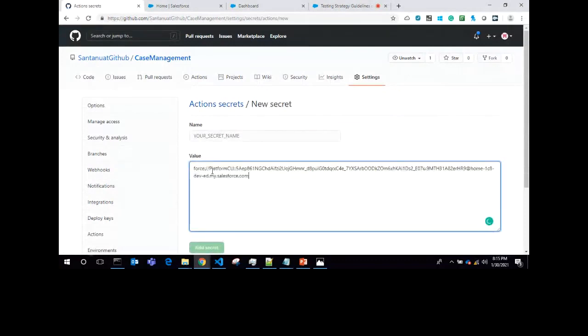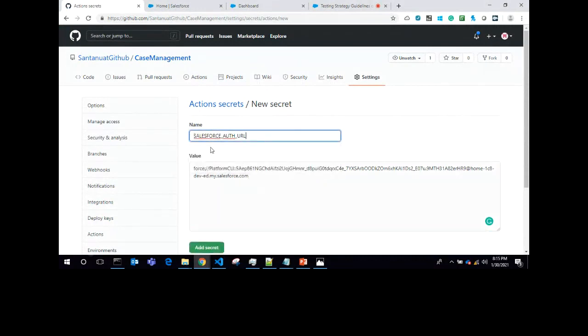Now I paste this value here, the sfdx auth URL. I put the name Salesforce auth URL, that is the name of the secret. Now click on add secret. After adding this secret, the secret will be locked, so you will not be able to see the value of the Salesforce auth URL.